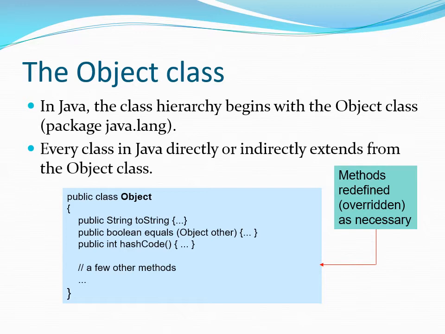Then there is another important method called the equals method. The equals method will compare the object that you pass as argument here and the current object. And if they are equal, then it returns true. It returns a boolean, you can see. It returns true if the two objects are the same. What I mean by same is that they refer to the same memory location. That is what is done by the Object class equals method.